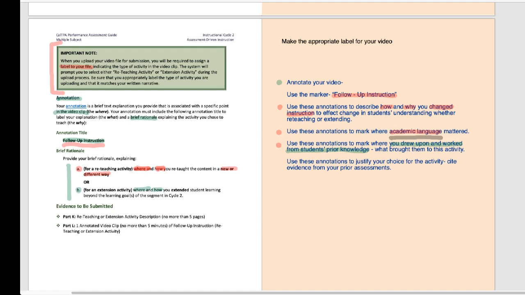The last one, use these annotations to justify your choice for the activity. I'm going to say cite evidence from your prior assessments. So you can say in the video, you can see that now I am going to be using these tools here to demonstrate such and such. I'm doing this because I saw in my students' work before, in my assessments, I saw that they did this, this, and this. So I decided to do this in a different way. I'm going to use a different set of tools, manipulatives, prompts, texts, whatever it is. So justify your choice for the activity